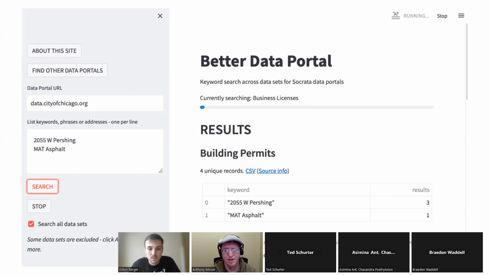And so you've got to go in there and wonder, is there this kind of data set? Is there that kind of data set? You've got to know whether you're looking it up under the agent name or the company name or this address. It's hard to know even what's on the menu. So this is a much simplified wrapper around all of that. For these data portals, you can just type in the address or the name of a place or a person, and it will do a keyword search of all of the data sets in that portal, and give you all the results in one place.